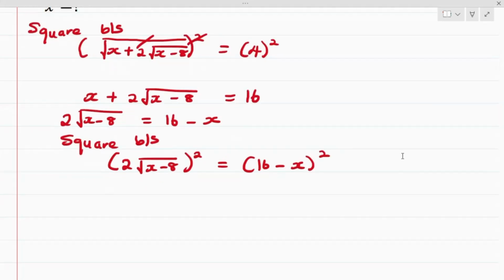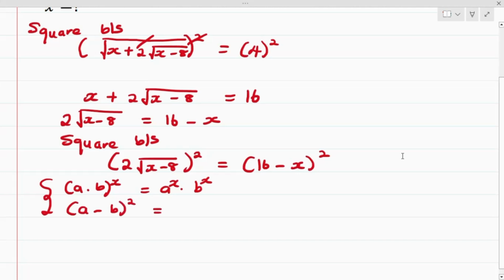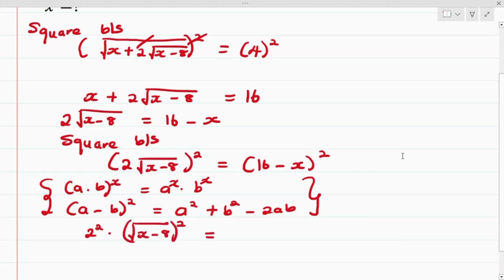So at this point, we want to simply apply these properties that say if we have a multiply b all raised to the power of x, this equals a raised to the power of x multiply b raised to the power of x. And if we have a minus b all squared, this equals a squared plus b squared minus 2ab. Applying these identities, we have 2 raised to the power of 2 multiply the square root of x minus 8 all squared, equals 16 squared plus x squared minus 2 multiply 16 multiply what? x. So we have 2 squared is 4,